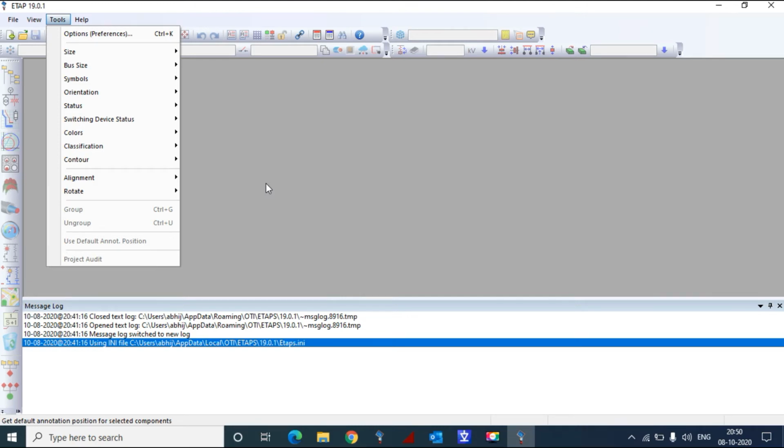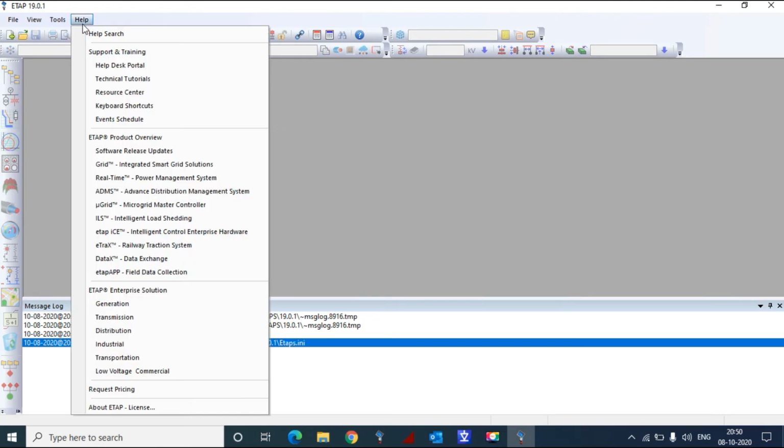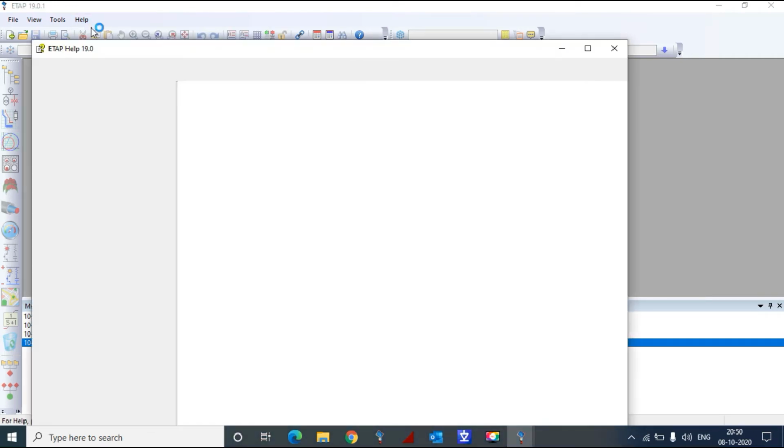And the next one is the help section, where you can search different types of help. If you click on help, a type of help will open.